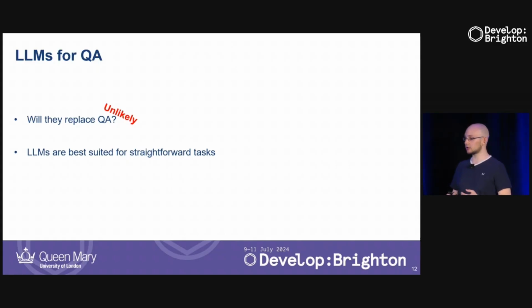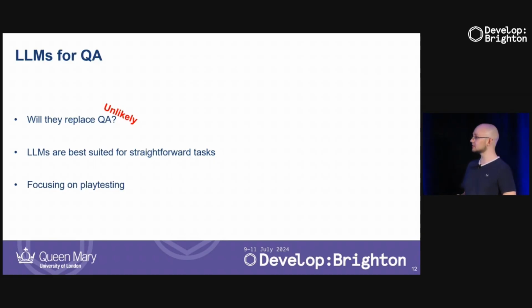They are very bad at thinking outside of the box, thinking creatively. And usually when we think about quality assurance, we want to do a lot of things. We don't just want to check that our game is bug-free. We want to make sure that the game is actually fun, that it's intuitive, easy to play, a lot of criteria. And large language models are not very well suited for creative tasks. They're well suited for essentially optimizing or automating the more repetitive things.